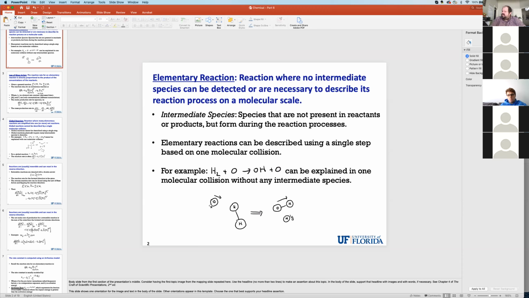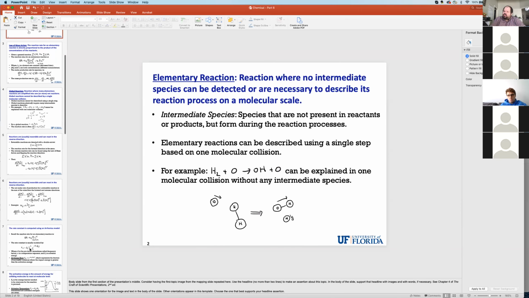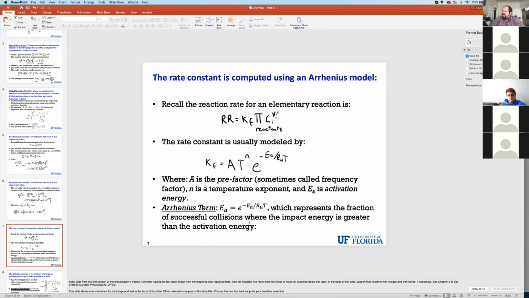So there is some amount of kinetic energy that is needed for the chemical reaction to proceed. Not all of these collisions are going to have enough kinetic energy to do that. What the Arrhenius term represents is the fraction of all of those collisions that have enough kinetic energy to cause the reaction to proceed. So it's just the fraction of successful collisions that basically lead to